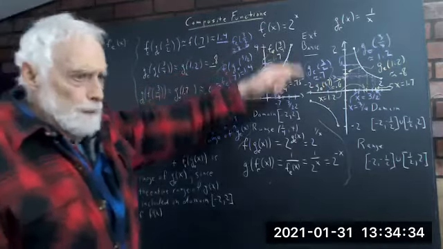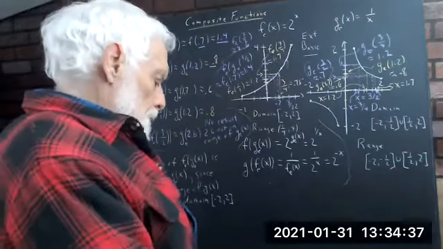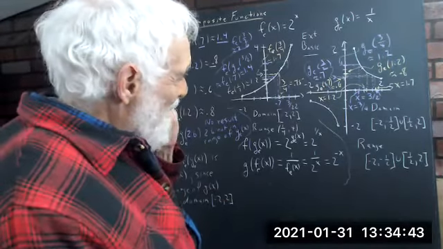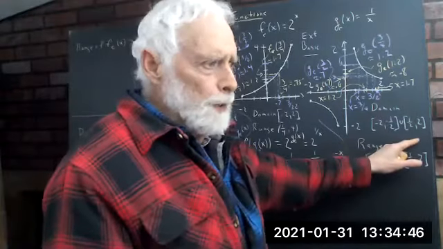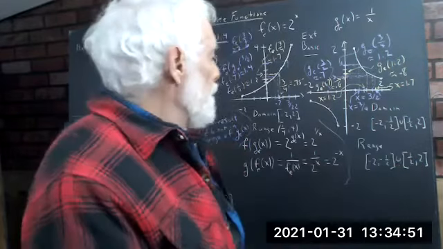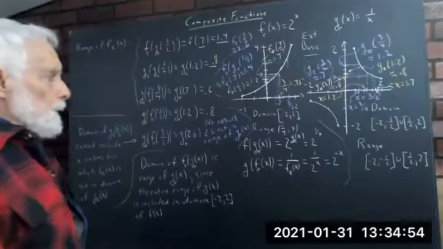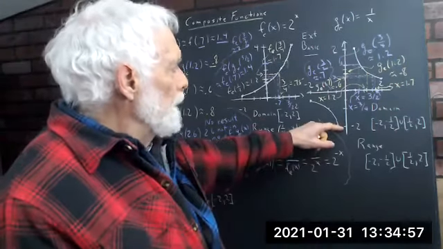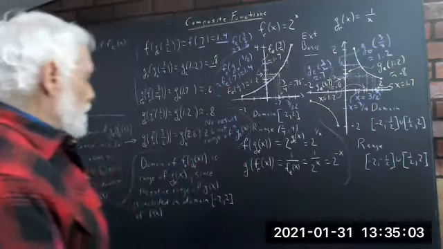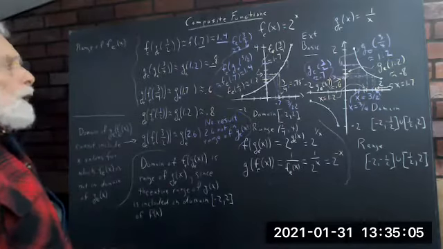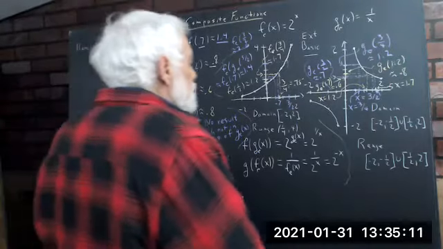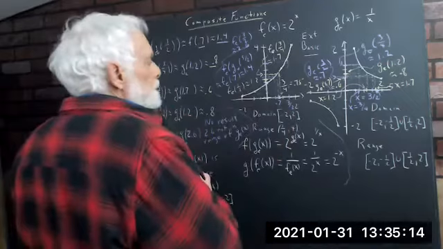Well, the range of f_E of x includes only numbers that you can get by plugging in numbers in the domain of f_E of x, of g_E of x, sorry. And those numbers go from -2 to -1/2, and from 1/2 to 2. So what you have to do now is say that the range of f_E of x,